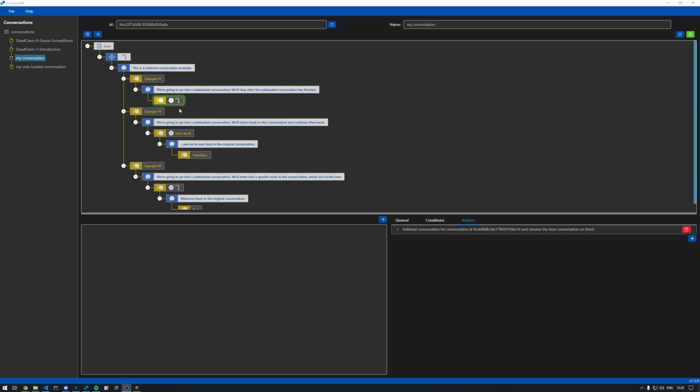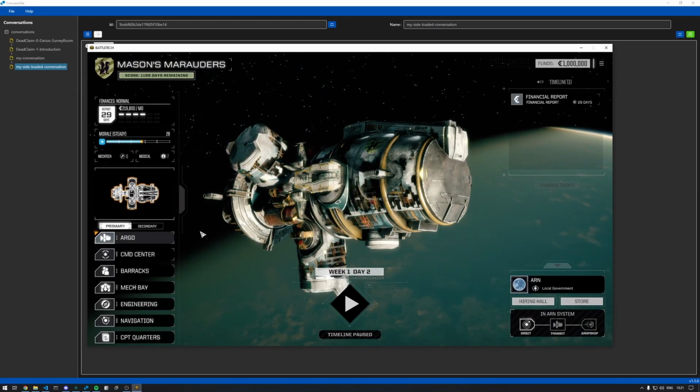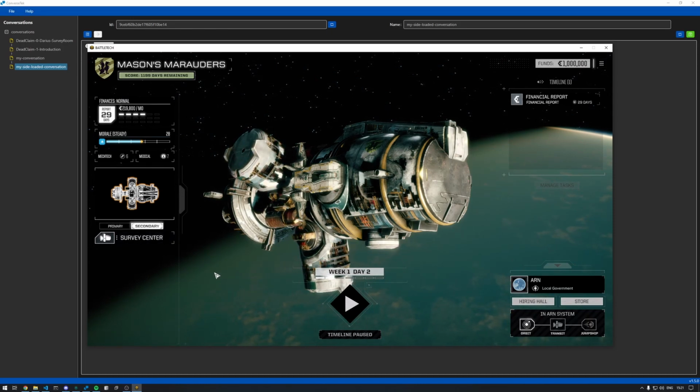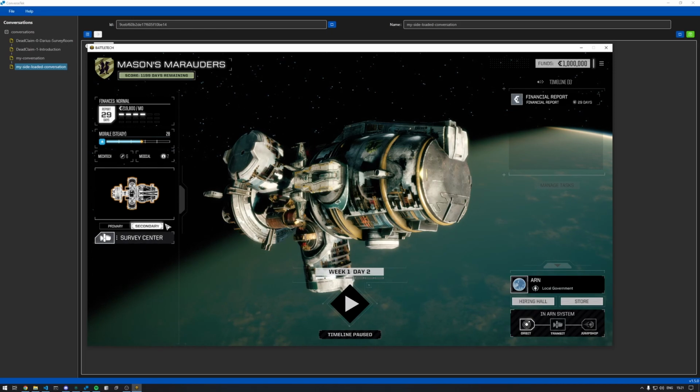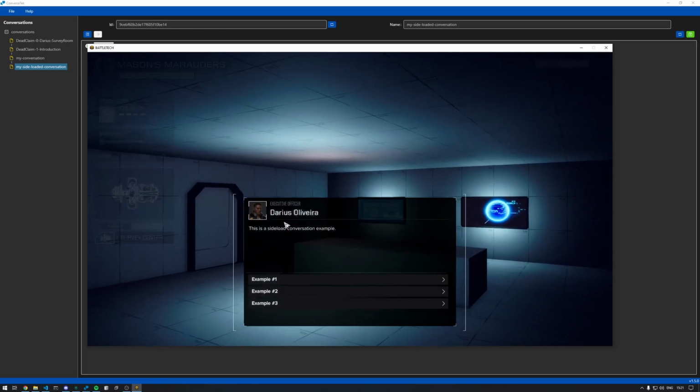So what we should see is once that's side loaded in, if we load the side loaded conversation, it should enter into this and go into the first root and say, hello, we're in a side loaded conversation, great news. And that should be the end of it. So if we get our BattleTech open, this is the beginnings of one of my mods, the Dead Claim campaign mod I'm making. So if we go into the survey center and we talk to Darius,